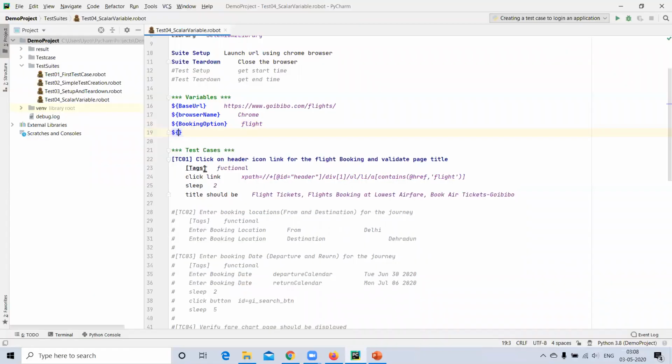So here I am going to create a new variable, title name. I will provide the value here rather than providing it as a static value in a test case. So here I have created two variables: one for the booking option, which booking we want to select.